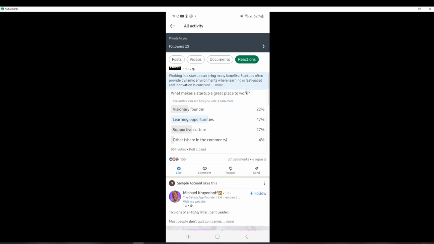A quick tip: if you don't immediately see reactions, make sure you're on the full activity page and not just the preview on your profile. The option appears when you've opened the expanded list. This process is the same on most phones, so whether you're on iOS or Android, the steps should feel familiar,